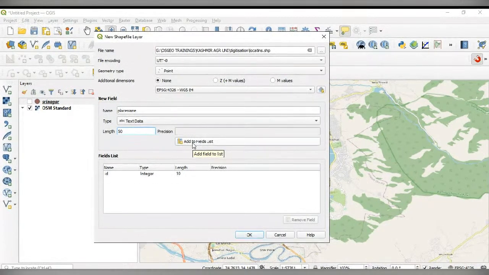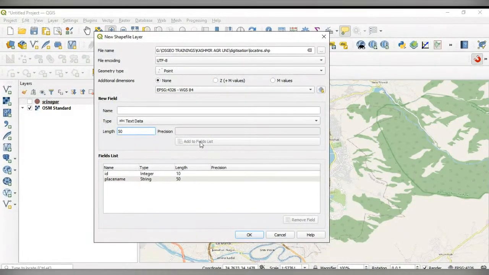Depending upon the village names or the names you are going to insert, you have to define the length of the field. So add to the text field. So what else? Similarly, you can add some more information from the new field.